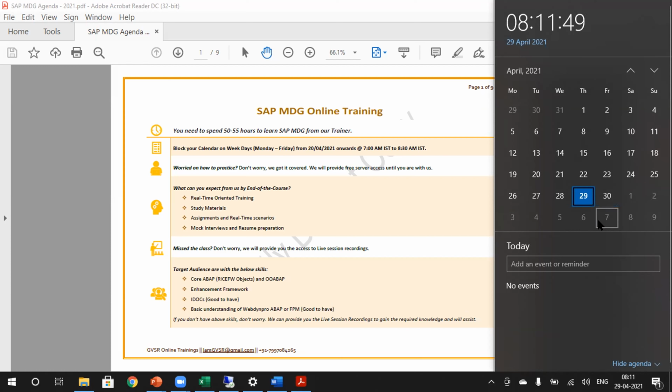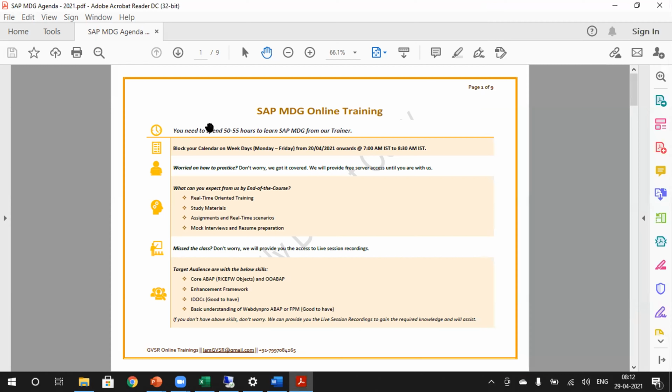And anytime if all the people are comfortable, we may take some extra sessions on weekdays also, only if everyone is available, or at least 80 to 90% are available. So with that, it's 50 to 55 hours. If we don't consider any extra sessions, only the regular sessions, it may take 2 months. But if we take extra sessions, it will be reduced further.